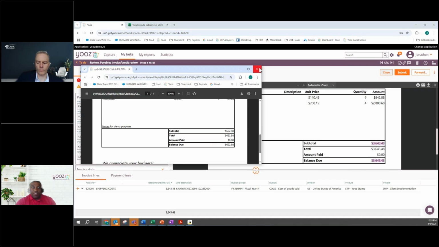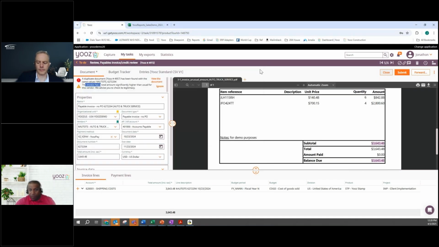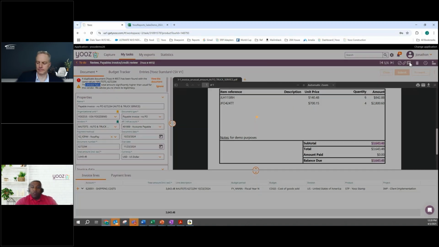Inside of Yooz, you can have your vendors. We have unlimited users inside of Yooz. That's kind of a tongue twister, but you can have your vendors in the back of Yooz. We have a vendor portal where they can see this. You can communicate with them really quickly, ask them a question, and they can respond back to you as well.